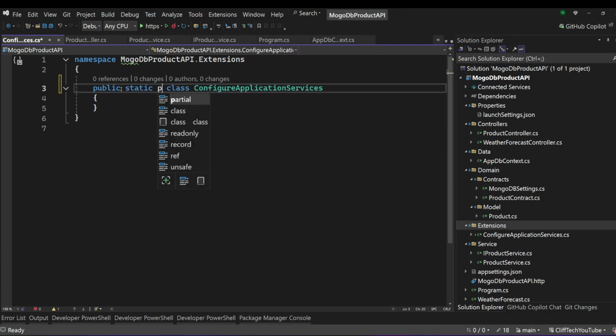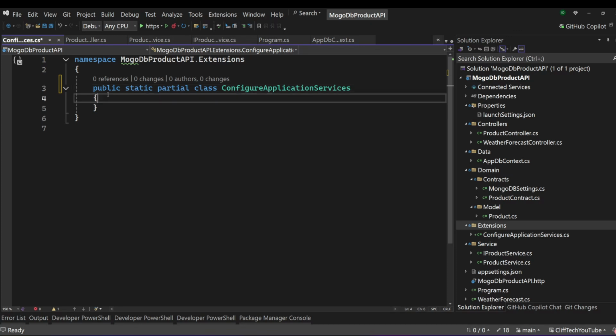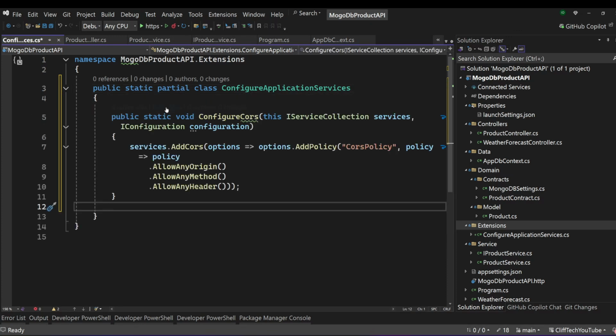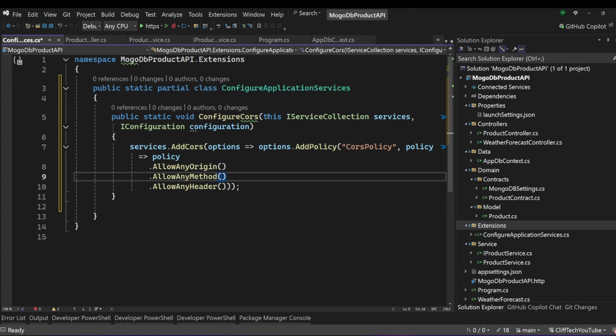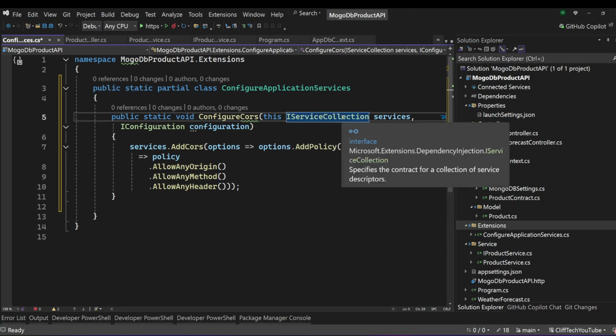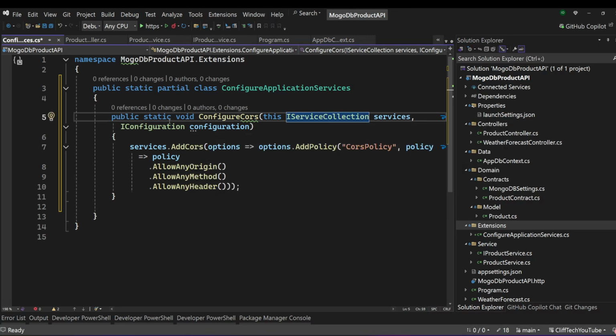So, static partial class, and then what we're going to do is that I've prepared how we create CORS right here. So it's very easy for us to do. We create a new static class, and we say ConfigureCors, and then we use the IServiceCollection from ASP.NET Core,